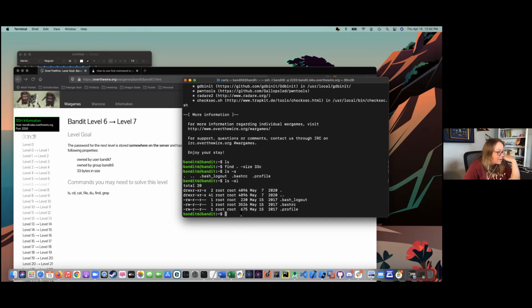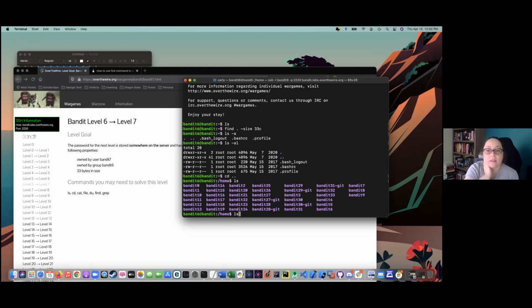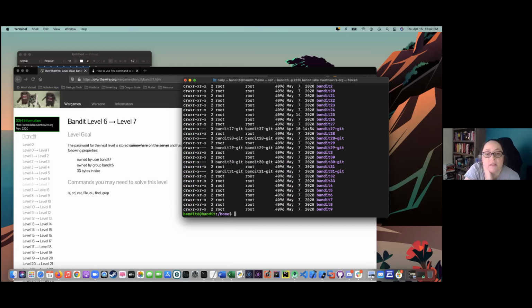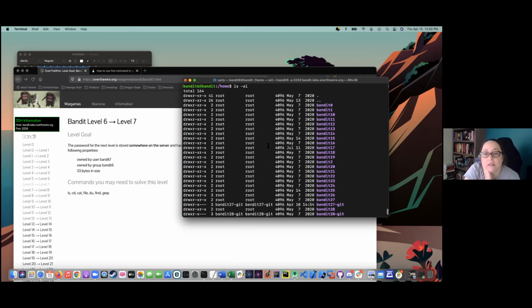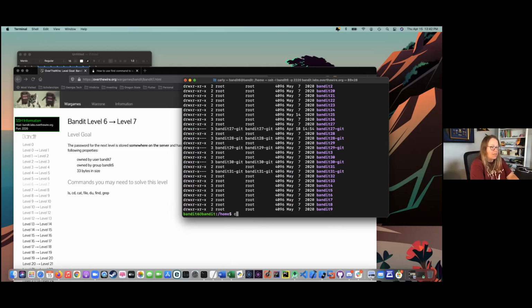Would suggest speeding up. Okay, and then doing an ls -al. So it looks like we have to go to bandit7 maybe? Yeah, it says owner is bandit7. So if I cd into bandit7,